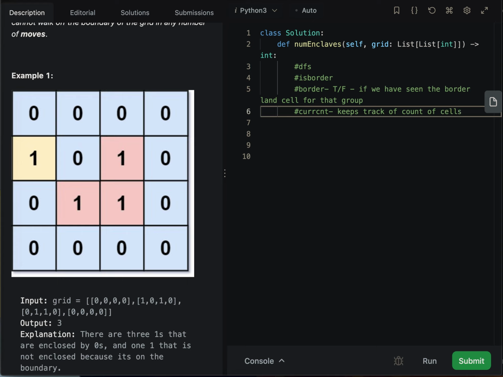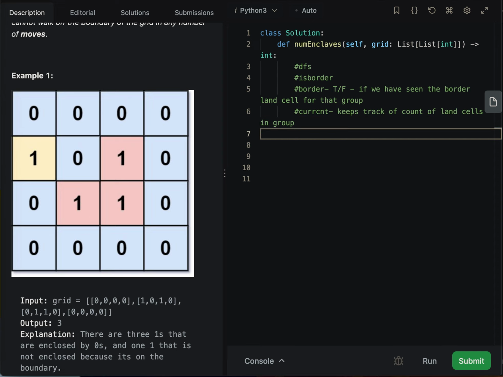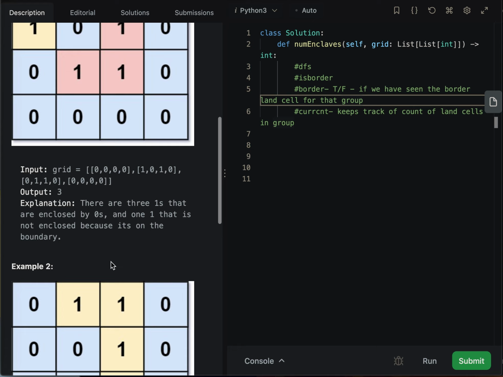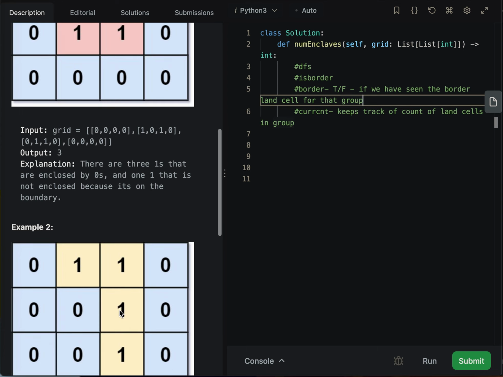Count of cells, count of land cells actually. So in that case, when we exit from this, we know how many to add, right? And even if at any point I found some cell here which is true, which will make the border true now, then it doesn't make sense